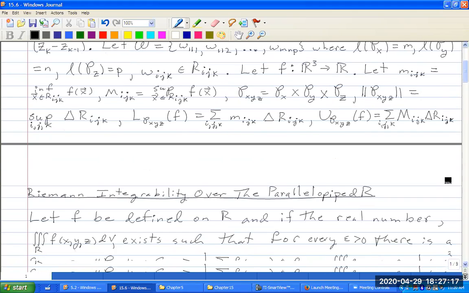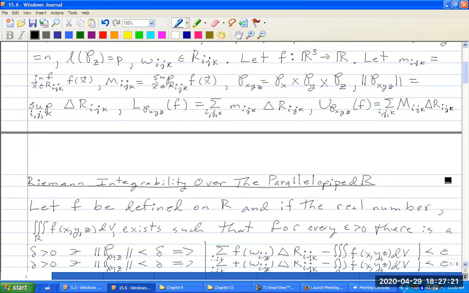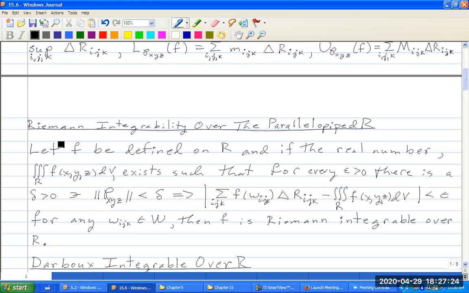Now that I told you what the upper and lower Darboux sums are, let's first do Riemann integrability, then we'll do Darboux integrability, then I'll state that they're both the same. So Riemann integrability over the parallelepiped R: if the real number, and we'll denote the real number by the triple integral over R of f, exists